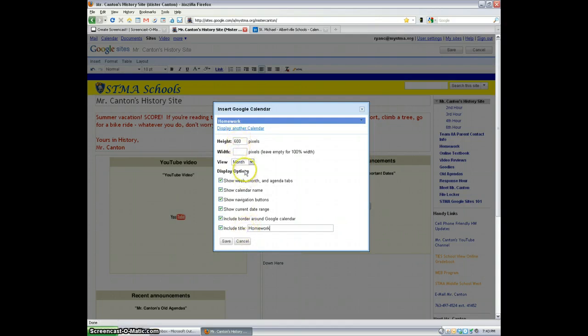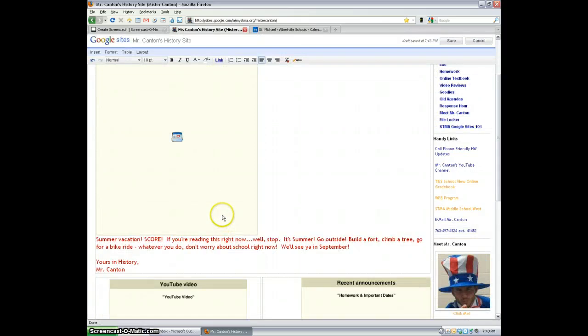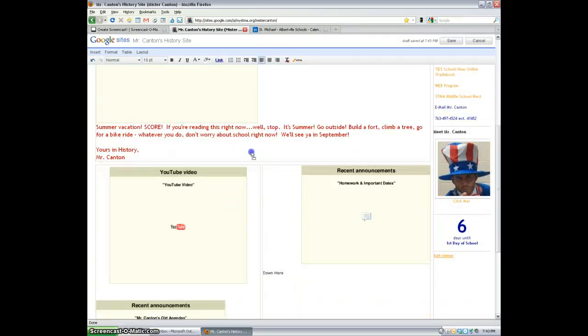There are a bunch of things that you can input to customize your calendar here. I'd recommend you start with the default settings, which are what you see here, and then feel free to customize them from there. You can adjust the height, so how tall you want your calendar to be visually. The width, I would recommend leaving blank so it stretches as wide as it can, but that's up to you. The view, we'll come back to this setting in a second, but all this other stuff, leave it for now, see what you want, play around with it. Click Save. All right, for whatever reason, it doesn't always put the calendar where you tell it to, so you kind of have